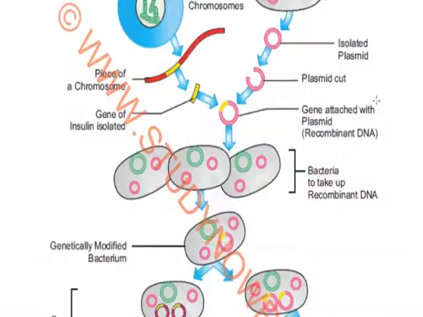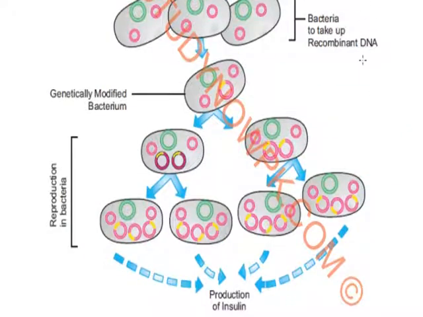Okay, now as the recombinant DNA has been inserted, now you have a genetically modified bacterium, and all of the bacteria have a genetically modified plasmid, or recombinant DNA, present, and now reproduction in bacteria is seen, and as a result we have production of insulin. Okay,